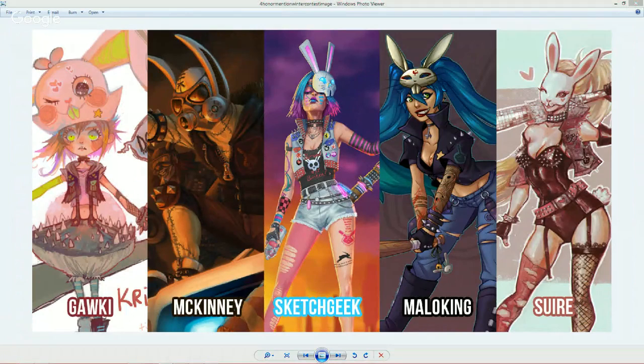The reason I like all of these is they each feel like a unique character to me. And the one that really stuck out to me was Suri, the one at the end. Even though it has this very girly touch to it, I feel that character. I could see that in a video game or in a movie, and it feels complete as a character. I understand her personality, at least from first impressions.